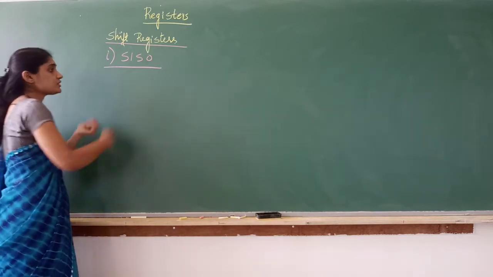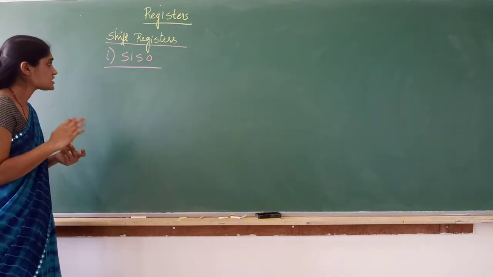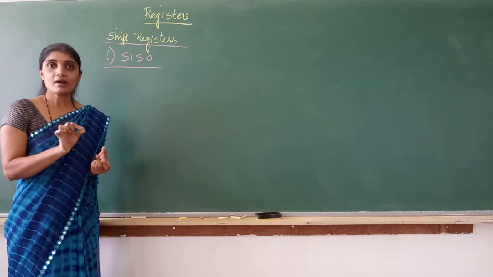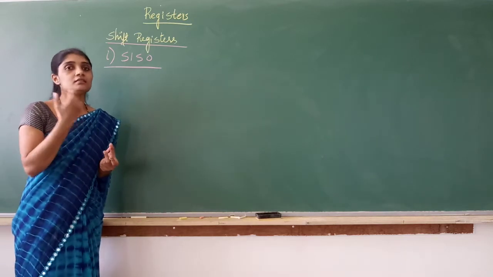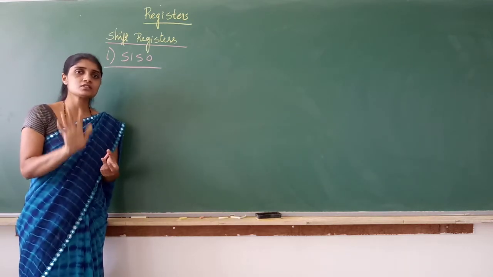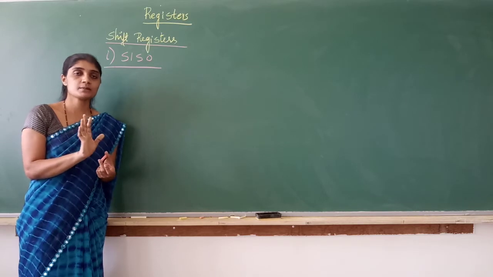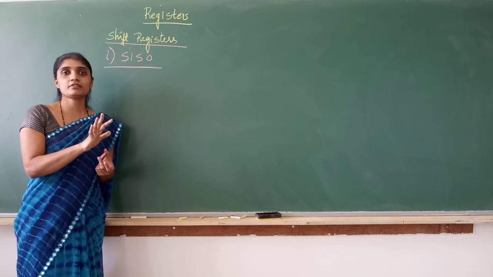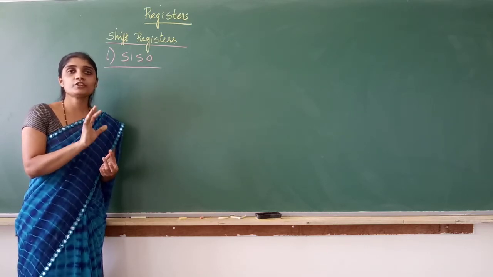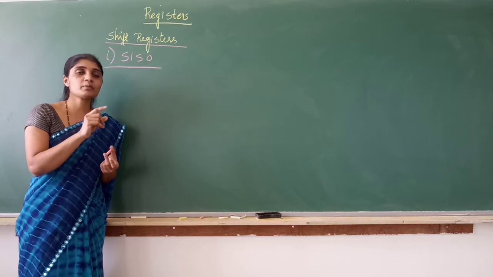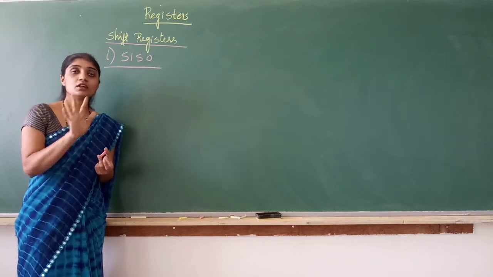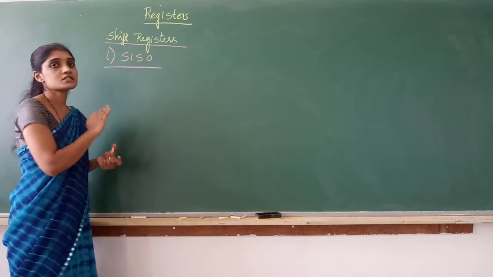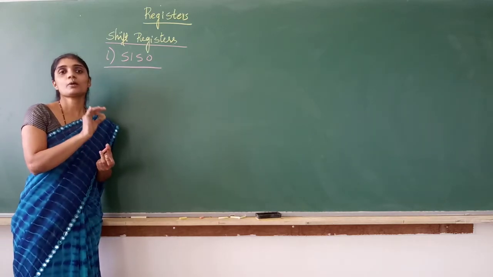Let us shift the bits either to the left or to the right. Generally in shift registers, D flip-flops are used, because the advantage of a D flip-flop is that when I give the D input as 0, it stores 0. It will not manipulate the information. Why am I using registers? I want to store more than 1 bit of information. So it is better to go for a D flip-flop, because if I give D as 0, it stores 0, and if I give D as 1, it stores 1. Very simple. So in all the registers, generally we use D flip-flops.